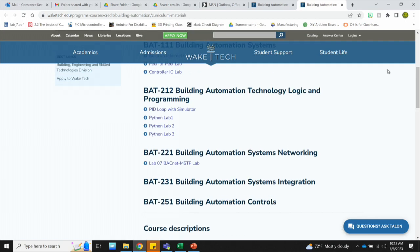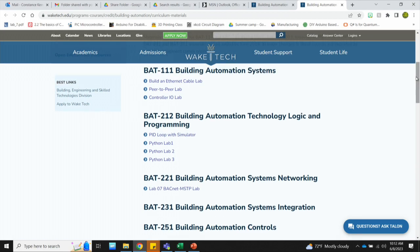So in BAT 111, we basically do the basic stuff: build an Ethernet cable, do the peer-to-peer connection. We do the thermostat lab. We give them a picture of a Sedona program and have them enter it. We do the tour of the mechanical room and have the as-built plans and have them read through that. Just kind of, here's a taste of everything, right? And then in the programming class,